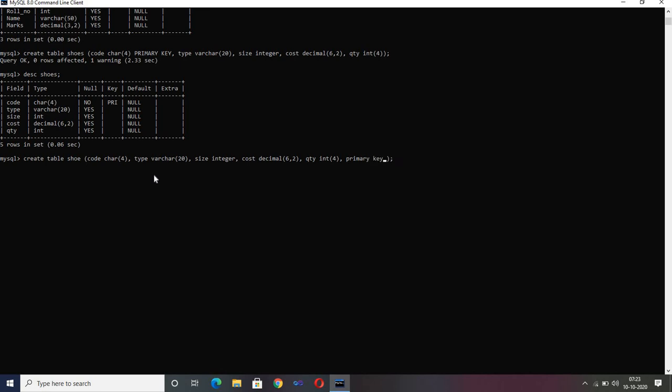Primary key and in brackets again specify the column names. Now you don't have to specify the data type, just write the name of the column. We wanted code and type. Okay, so I have specified like this. Okay, and then again query. Okay, so let's just see this.